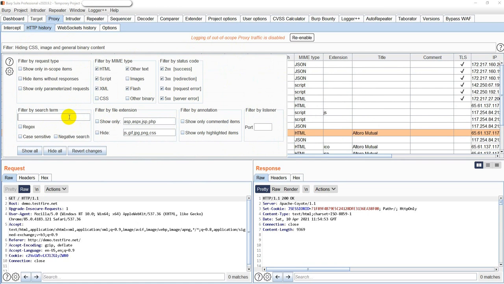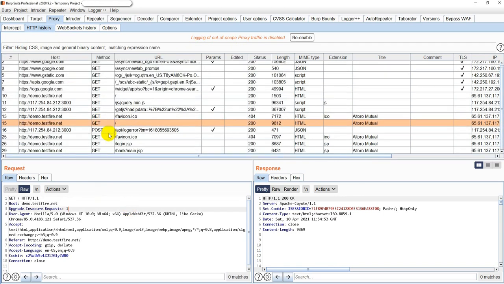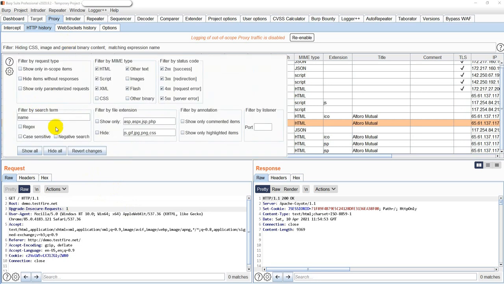Say you noticed some XSS in the name parameter and you actually wanted to know which requests contain the name parameter. I can go ahead and click on that, and it will filter out that particular item, whichever character you wanted to search for. Okay, and so there is only one in-scope item you can say, name.